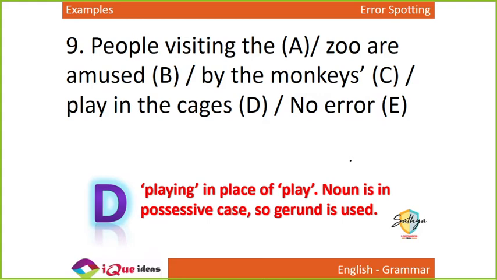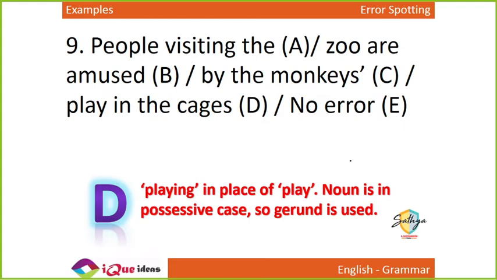Okay. Were amused. Why should it be past? Aren't people still amused? Right? It's an ongoing activity. So why should I say the sun rose in the east? It happens every day. So the sun rises in the east. So they are amused. Even now it happens. They're just stating a fact. So why should it be in the past tense?